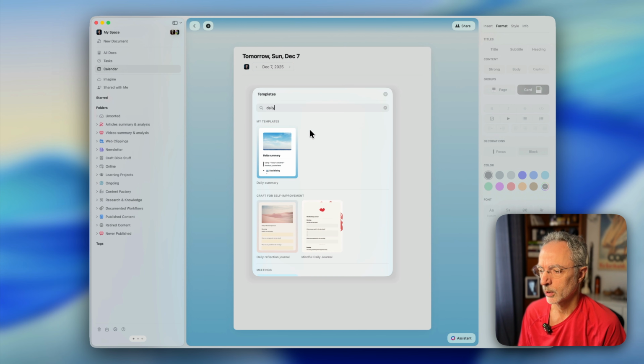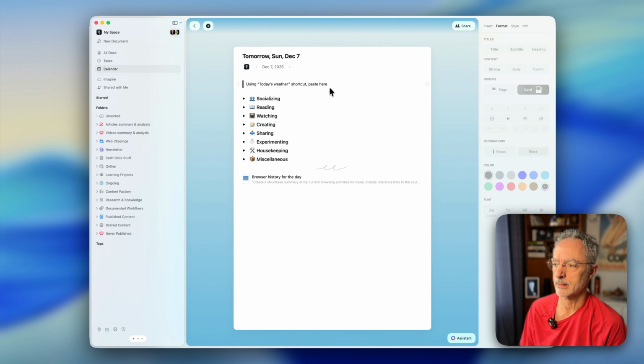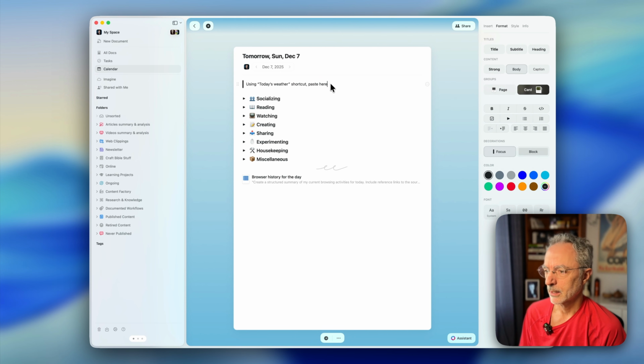Type the first few letters of the Craft Daily Note name. From there, I'm not able to use keyboard shortcuts. And I don't know if people at Craft are watching my videos, because it's not the first time that I'm talking about that. I'm going to click on that one here, make sure that's the right template. Obviously, that's the right one. And then boom, that's the text that I'm starting with.